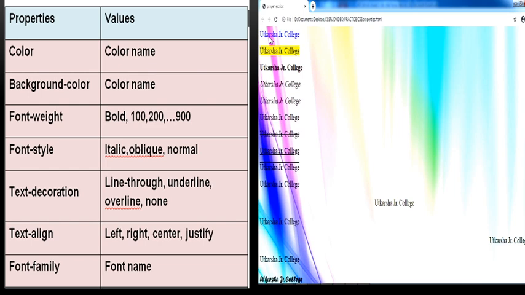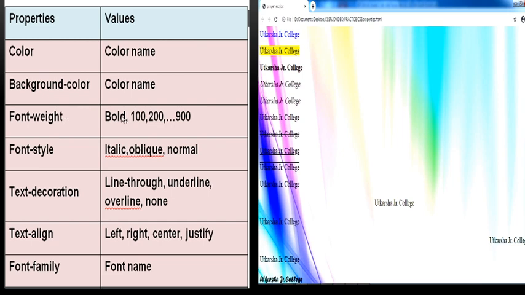So here we have used color property with value blue. So you see blue color for that element. The next property is background color. So here background color is yellow. You see the yellow color background for the element.